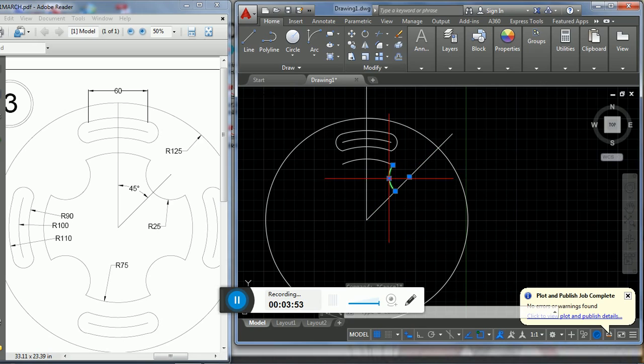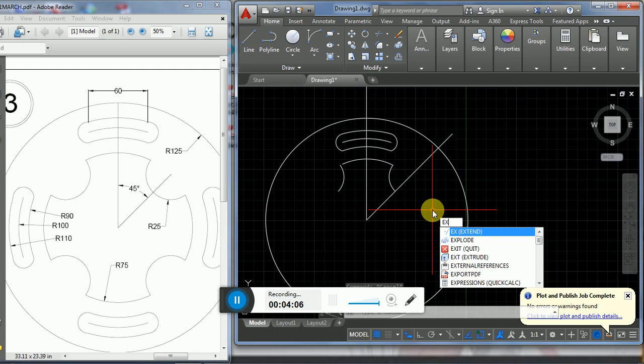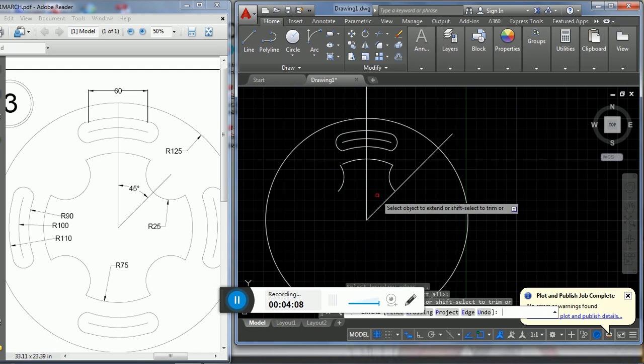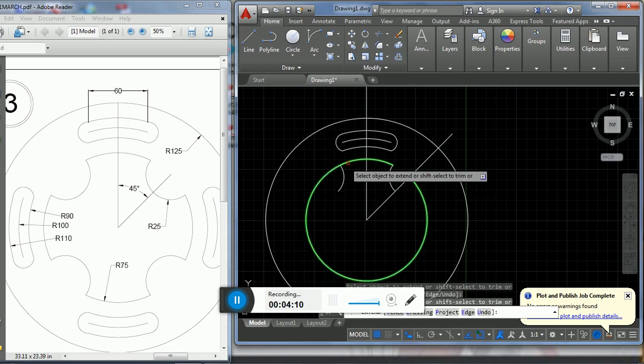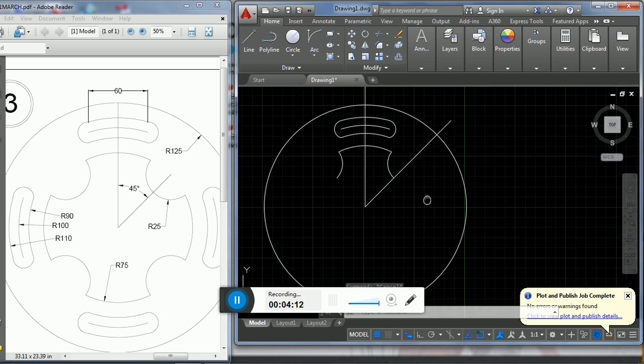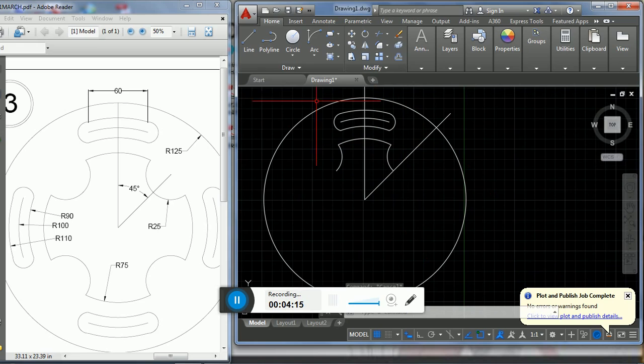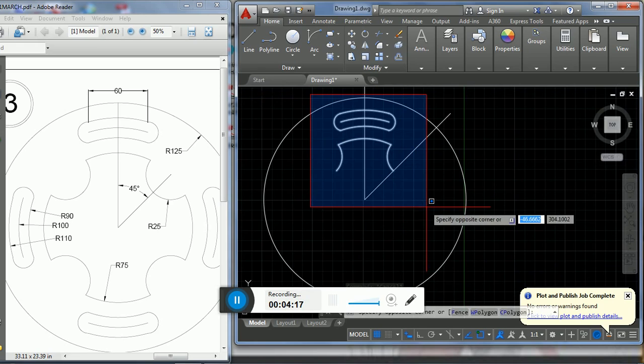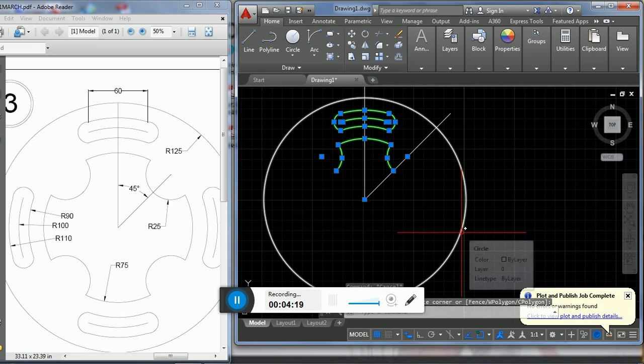And the half circle should be created on the left side of the center using the mirror command. MI enter. Select the object, baseline, extend the upper lines because there is a small gap created. Create the object to be mirrored,